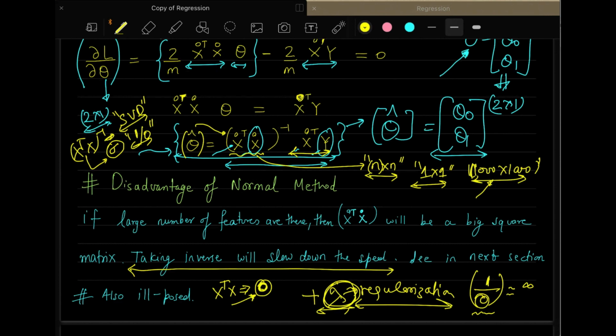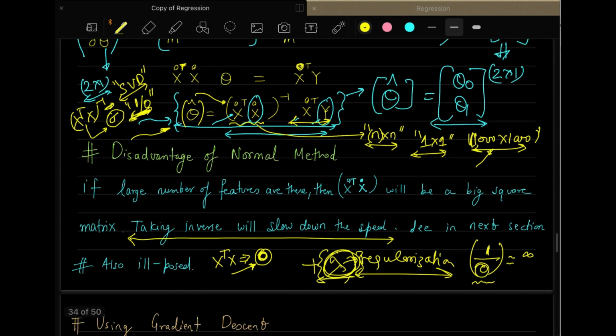That type of problem exists, and this divide by 0 problem, which is 1 by 0, can somehow be solved using regularization, which we will understand when we discuss it later on. But this is the problem that we have when calculating using this method. Any doubts here? If anyone has any doubts regarding this, then we can discuss. Okay. So this is the problem with this particular approach.